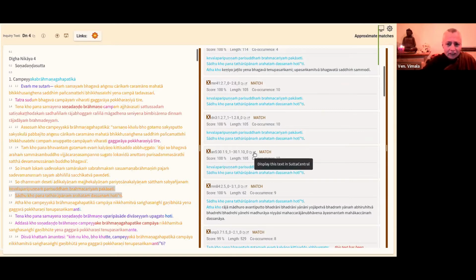In this case, SuttaCentral. It's of course not always SuttaCentral. The commentarial texts, for instance, go to the VRI website. The Chinese ones go to the CBeta website. So there are different websites where these things go to. It also tells you the score. So this is a 100% similarity score, the length of characters of this, and the number of co-occurrences. If I click on this one,